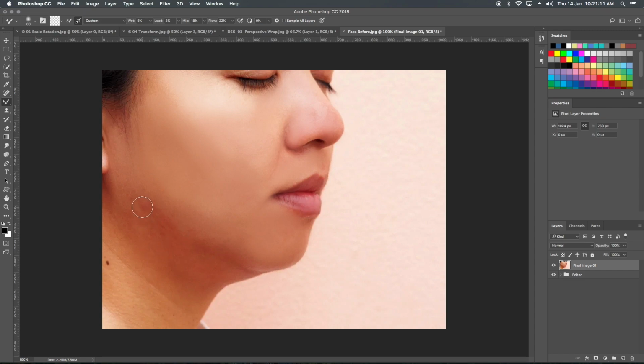Whenever we do the effect, it looks like sometimes we did it over, sometimes we did it less. This is the jawline, very reddish. That belongs to color correction, red and all.